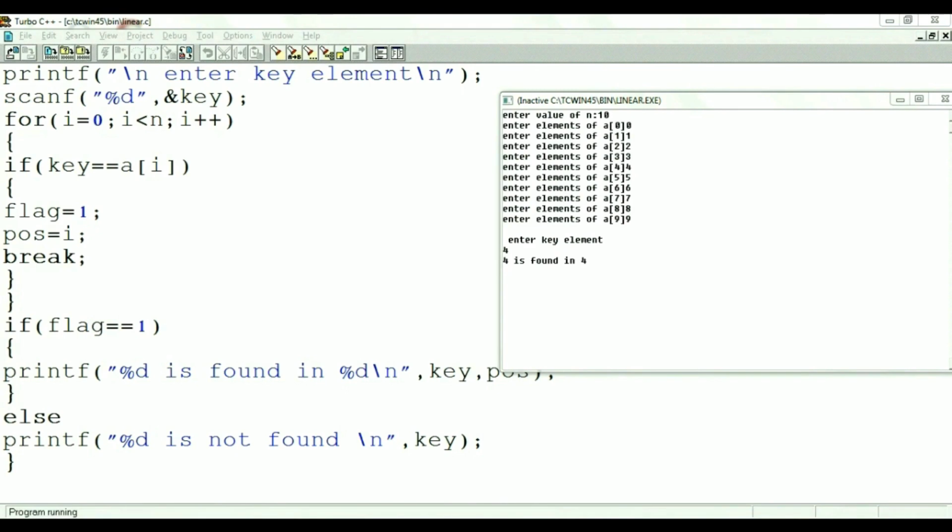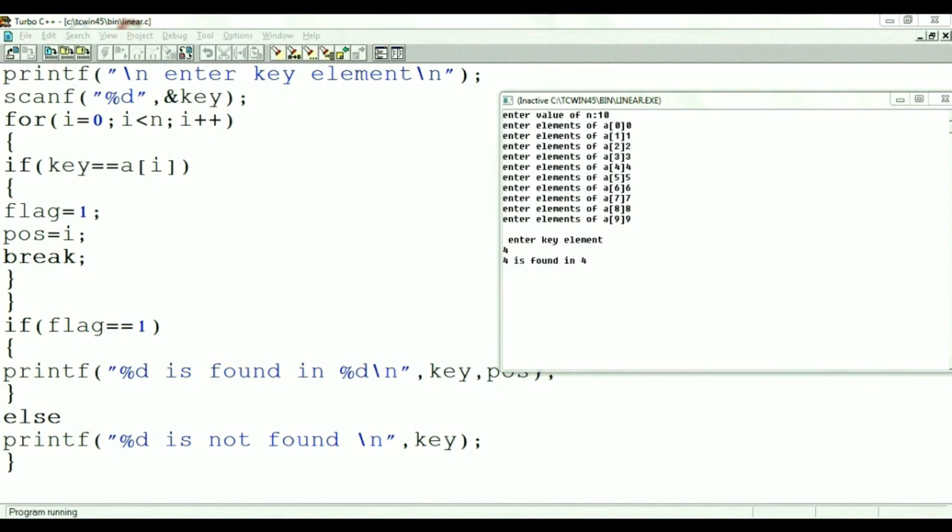Again we check for the if test condition. 4 is not equal to 1. So the if block will not be executed. Control will move to the for loop. So i value is iterated as 2. At i equal to 2, 4 is not equal to 2, that is A of 2 equal to 2. Hence again, the if block will not be executed and control will move back to for loop iteration.